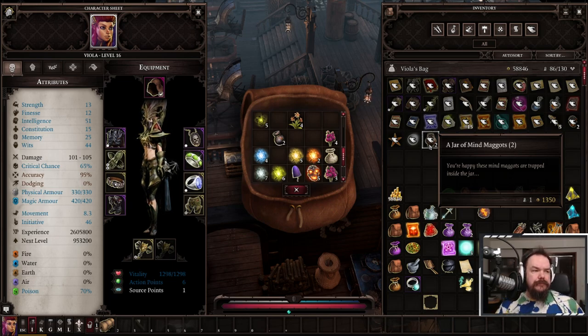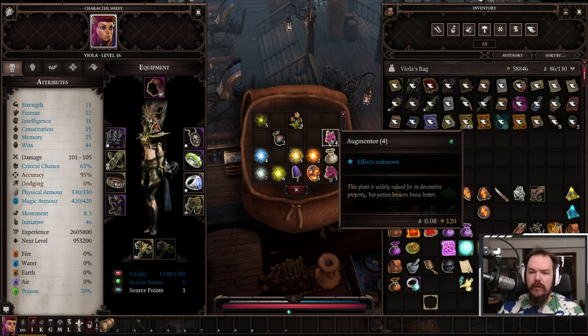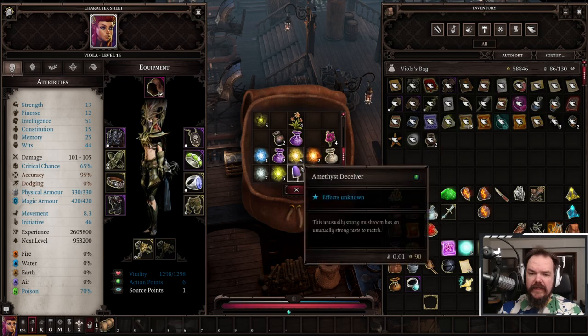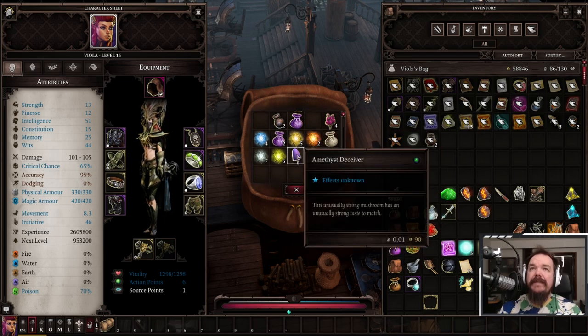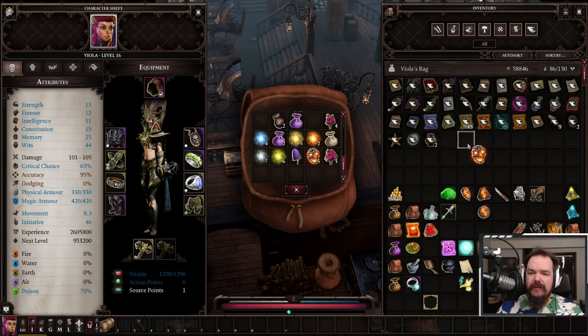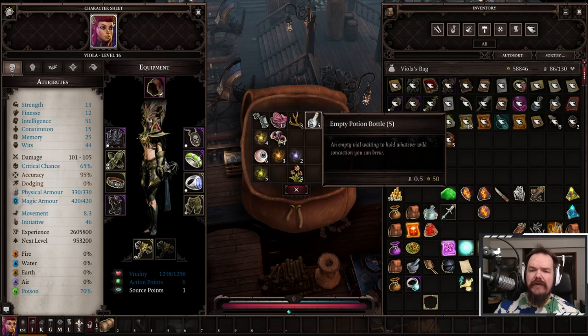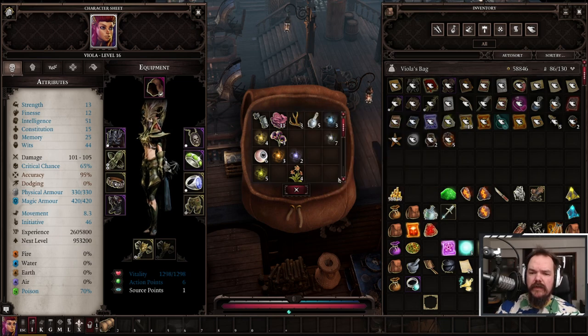Yanian. Augmentors I will keep, Bone Dust I will keep. Let's put my Pixie Dusts here. Amethyst Deceiver. Okay, I don't think I need that, but on the other hand, I might just keep that. Tormented Souls I will get away. Okay, so I actually didn't have that many unnecessary ingredients, but one thing I do want to do